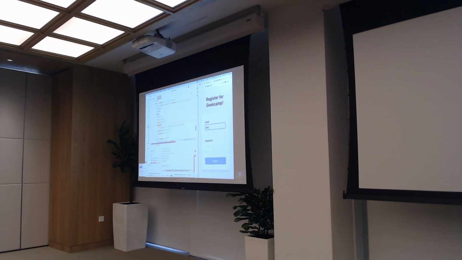So I'm just gonna write some gibberish and do the same for the password. And still, I get the same error message, which is nice because as a user, you know that you're doing something wrong and you're given answers to how you can solve the problem. So I'm just gonna write some gibberish here as well, and I can still submit the form. So it's not ideal because we still expect an email, and hopefully we want to have a password that is